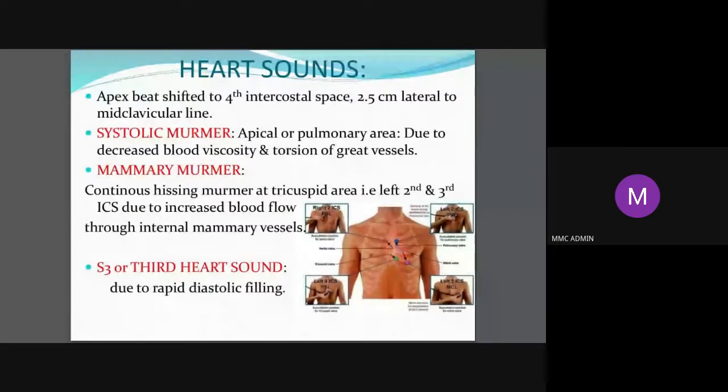Another physiological change is when you keep a stethoscope on the chest of a pregnant lady and you hear a systolic murmur. It may be very much normal. Again, suppose it is a continuous murmur, then it is due to the mammary murmur because of the increased blood flow to the breast. Okay. So these two things you should be able to know. You should not think that it is pathological to hear a systolic murmur during pregnancy. Most of the time it is physiological, whereas a diastolic murmur, mostly it is pathological. So that's what you have to know.